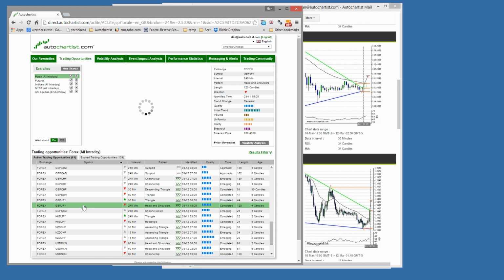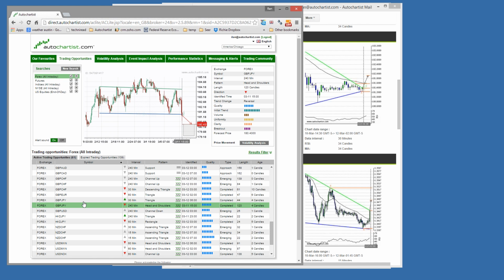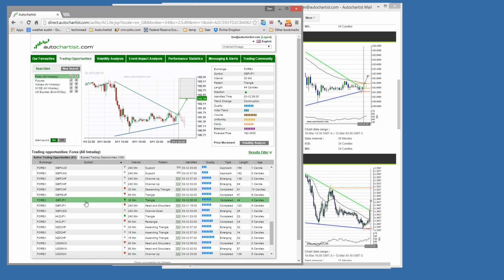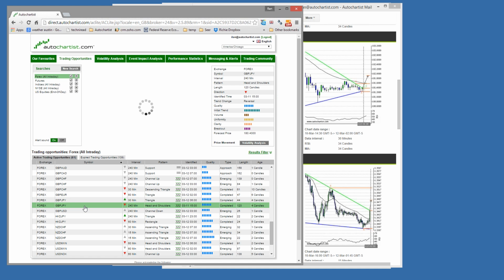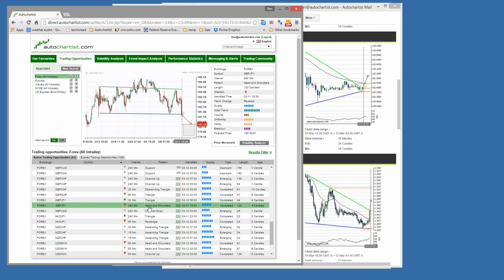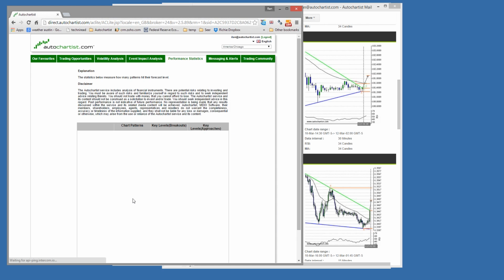I would definitely say, firstly, the longer-term opportunity based on the longer time frames would most certainly take precedence. A short-term opportunity would be seen, in my eyes, as speculative compared to the longer-term opportunity. Secondly, head and shoulders is an interesting pattern, because if you look at the performance statistics on the Forex market,